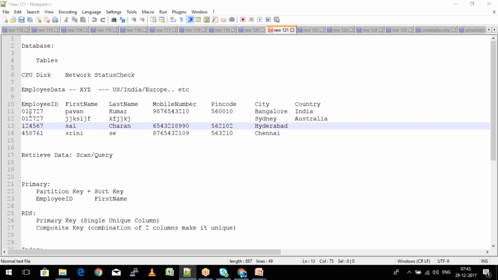So the first one is the employee ID, and then the first name, last name, mobile number, pin code, city, and the country.